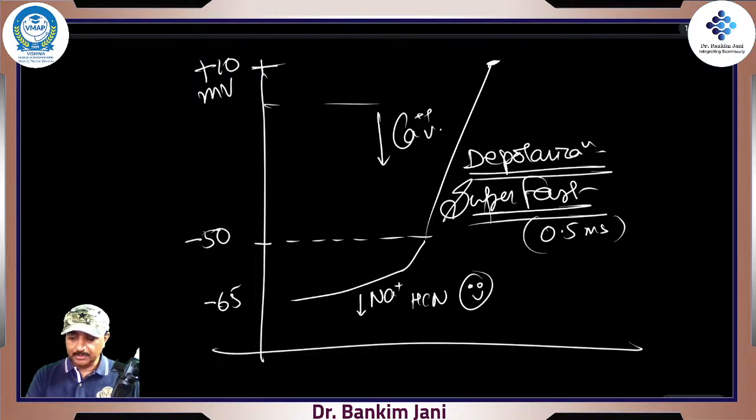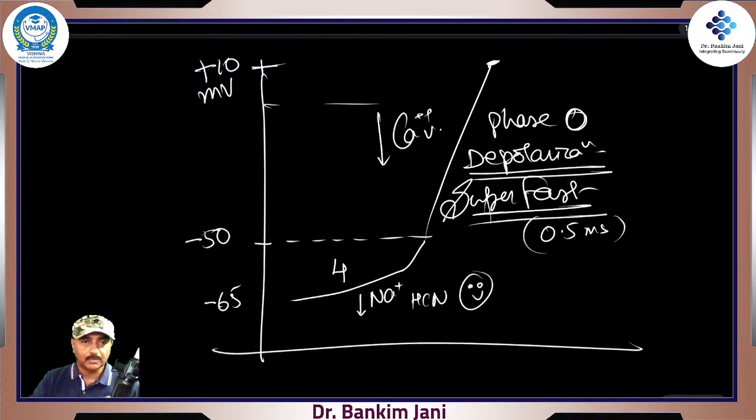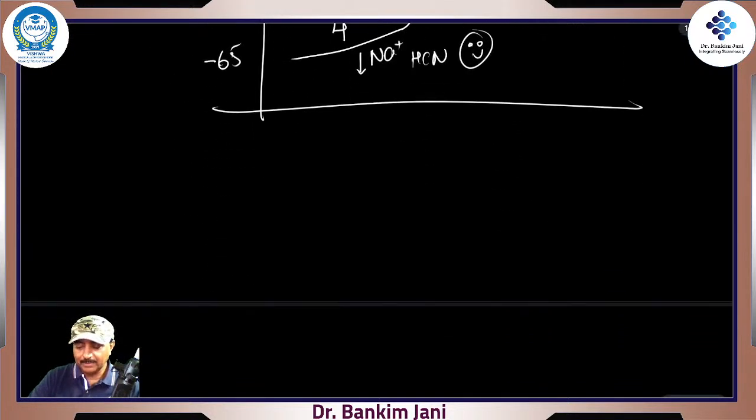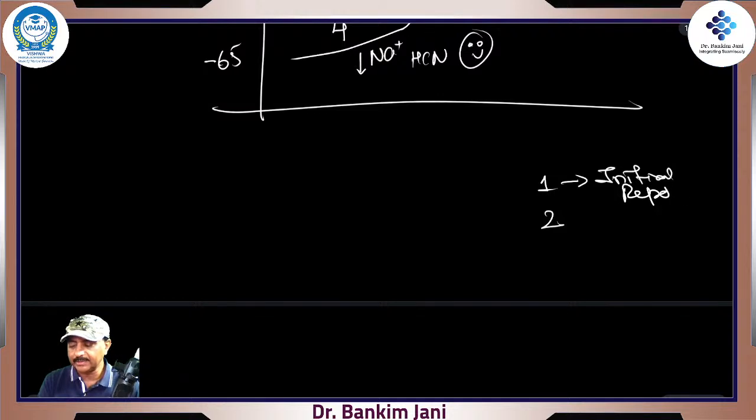During this phase, the calcium channels were open. Now the calcium channels are going to close. If we give the numbers, this is number 4, the resting phase. This is depolarization, so we'll call this phase 0, the depolarization phase. Then what do you expect? This is where things would be different. Phase 1 and phase 2. Phase 1 was initial repolarization, and phase 2 was plateau.